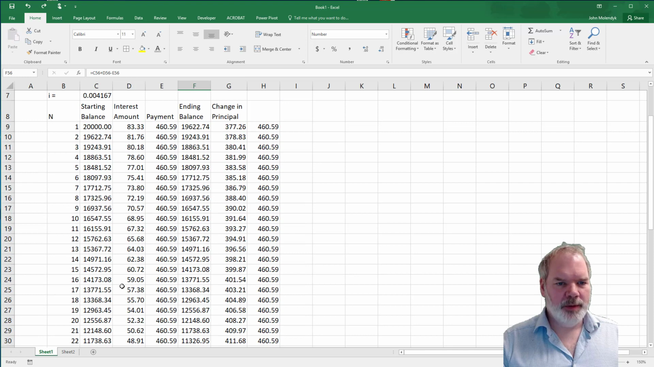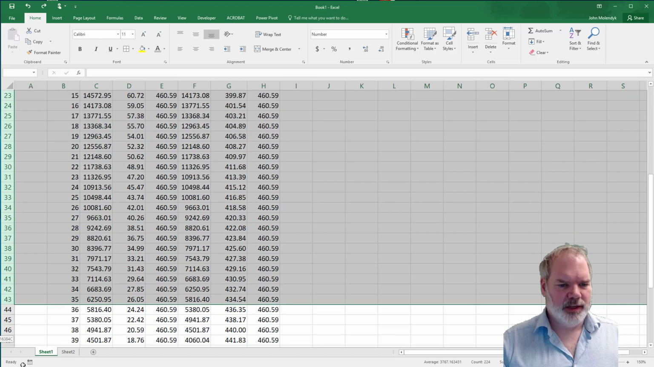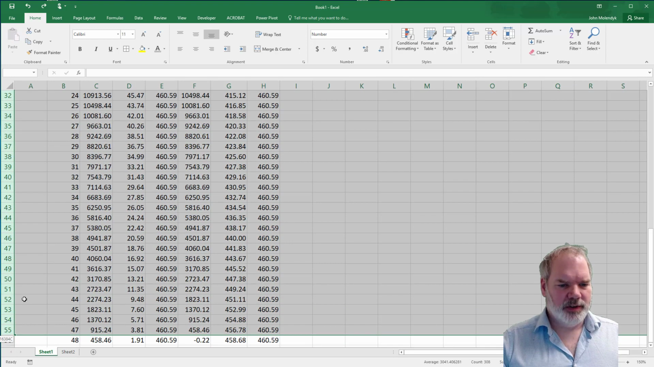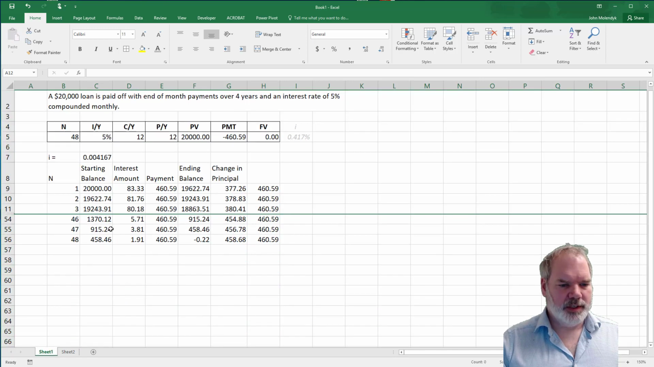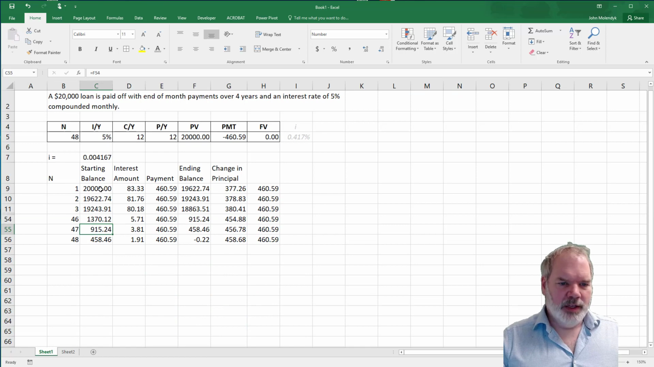When we do a little analysis again, I'm going to take a look at the first 3 and then the last 3. So I'm going to get rid of a few values here, just temporarily hide them. So in the first 3 values, you see that we're going from 20,000, a little less, a little less. The last 3 we're going from 1,370 to 915 to only